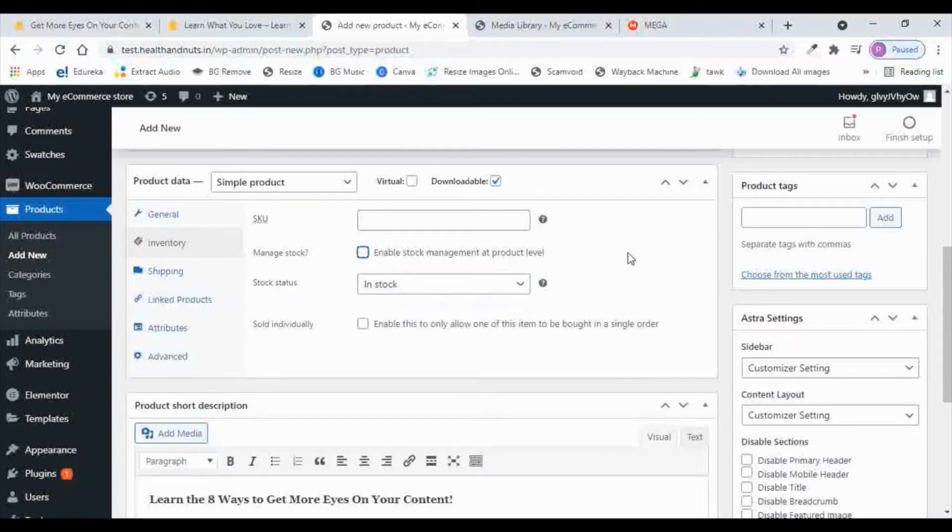So I'm just disabling this SKU. Maybe you can have this as a 0008, and